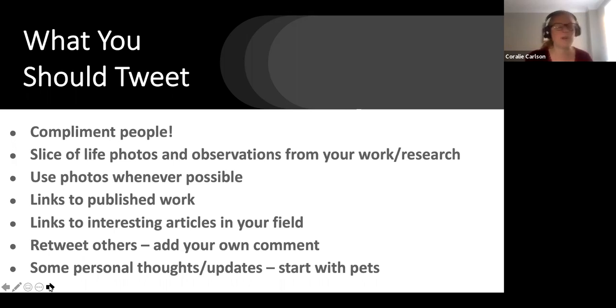Maybe it's, you know, I was walking down the sidewalk and I just saw the first flowers blooming of the year, and I took a picture of it. Now that would be a very appropriate thing for me to tweet, and it would make me seem more like a human being, not someone who always just tweets about my subject area. Oh, another great place to start is pets, where most of us are comfortable sharing about our pets, and it really does make you look very humanizing. People want to engage with a real person, and that makes you seem like a real person.